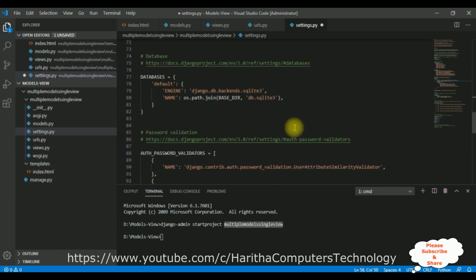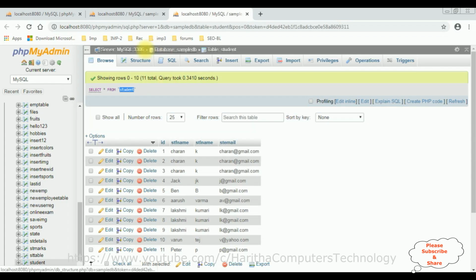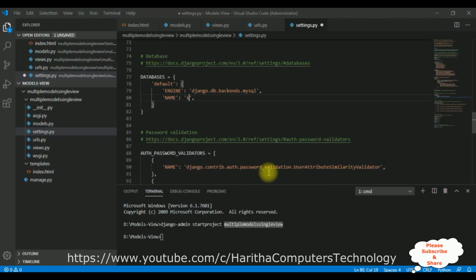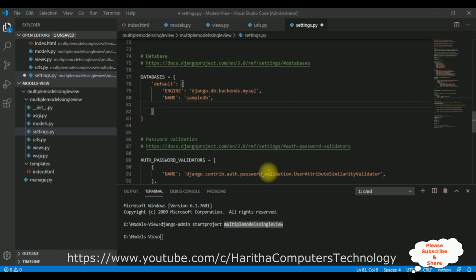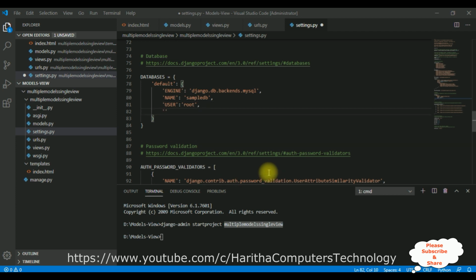Then the important step is the database section. Notice here the default database is SQLite 3, but our database is MySQL. Let's delete this default database name. Here our database name, let's go to MySQL. Our database name is SampleDB. Let's add that one, SampleDB. Let's add the user also. User is root, comma, and the password,